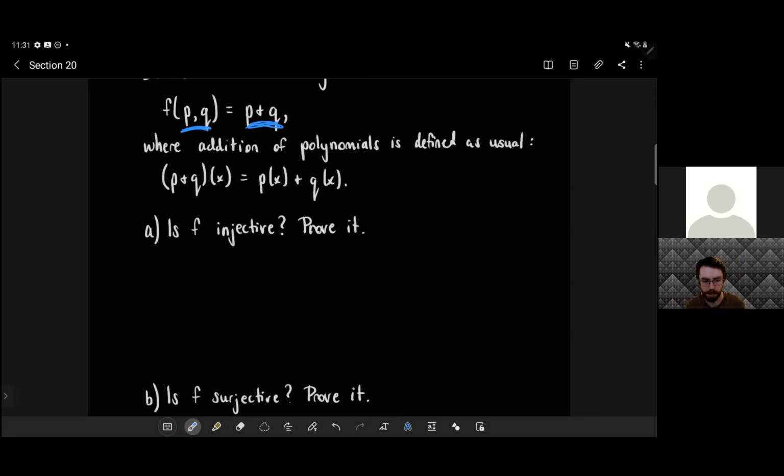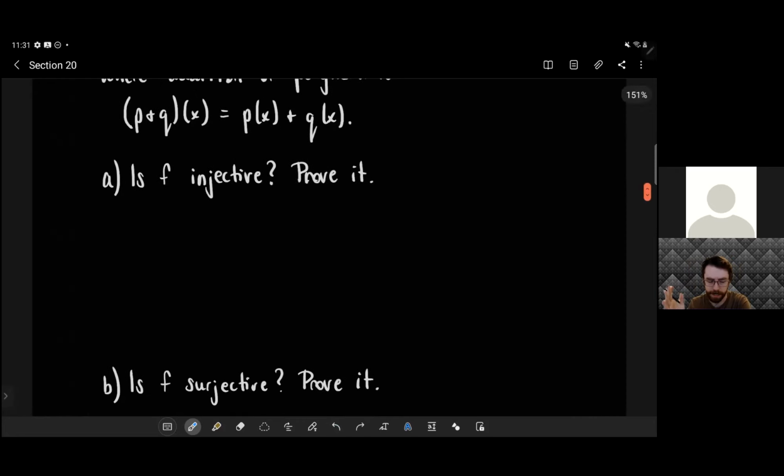And so you think to yourself, okay, if I want to break injectivity and show it's not injective, I would have to find two different pairs of polynomials that when they sum together give me the same polynomial. And phrased like that, it should be actually fairly straightforward. Not 15 seconds, like I suggested, but so we'll say no,